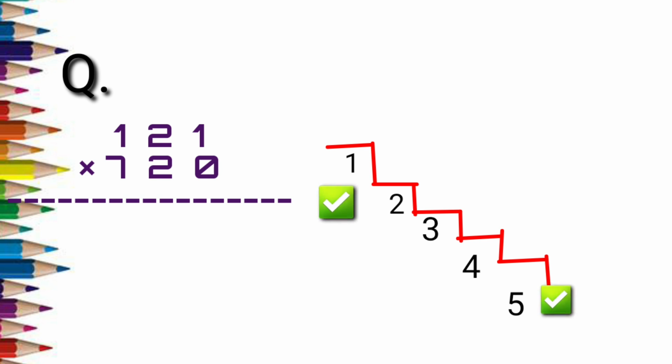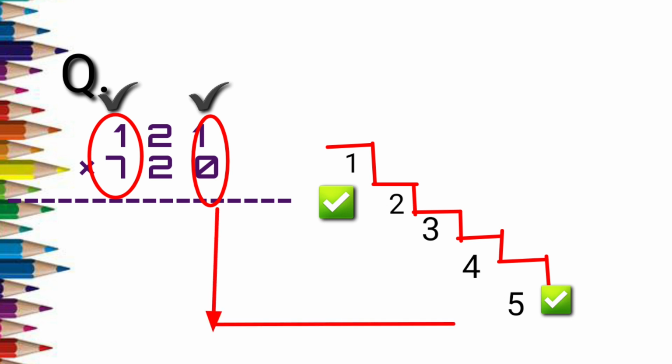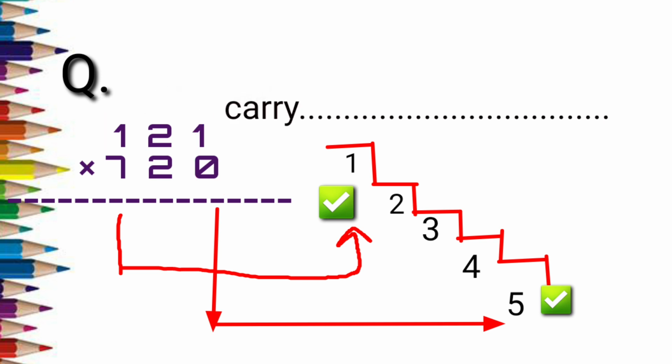Okay, so what we have to do is we have to multiply both the digits in ones place and both the digits in hundreds place. Okay, so in ones place whatever digit comes, that will go to the down part, that is the 5th position, and hundreds place whatever multiplication answer you will get, that will go to the 1st position. Okay, so let's multiply. So 1 into 0 is 0. So there is no carry, so you can also do one thing over here, that is we can draw a line over here, and whatever carry we get we will write above this line, and the total we will give at the bottom, that is finally we'll show the total. Okay, so 1 into 0 we got 0 in the 5th position.